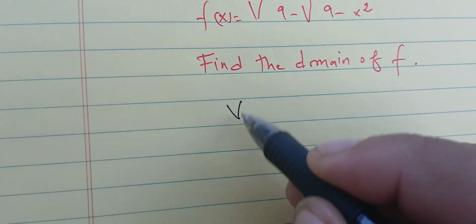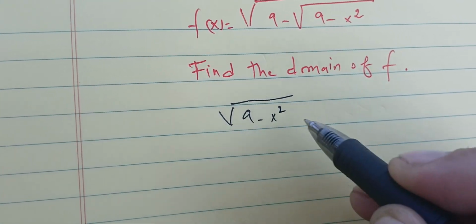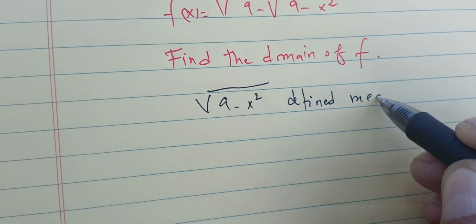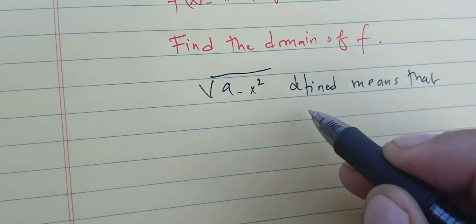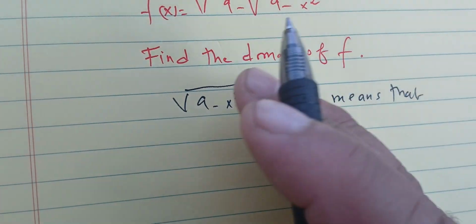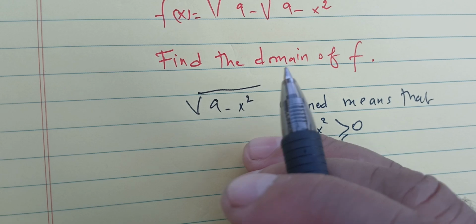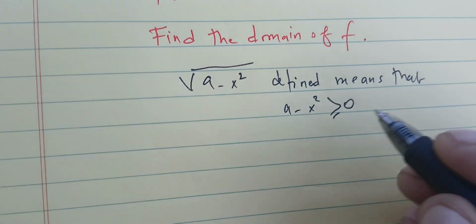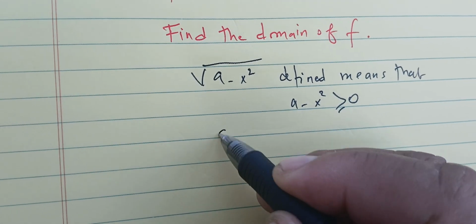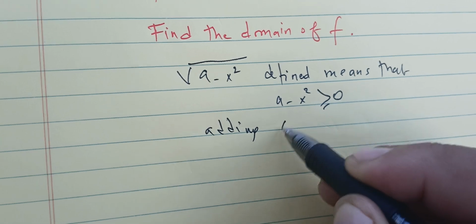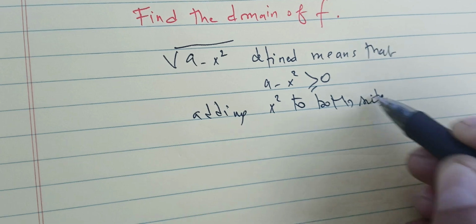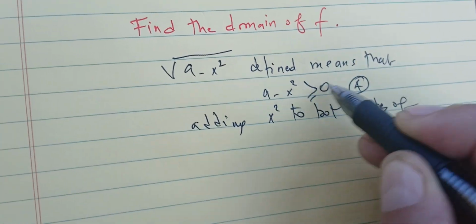So here, the square root of 9 minus x squared being defined means that we need to have 9 minus x squared bigger than 0. Okay, so if 9 minus x squared is bigger than 0, it means if we add x squared to both sides of star, which is this one,